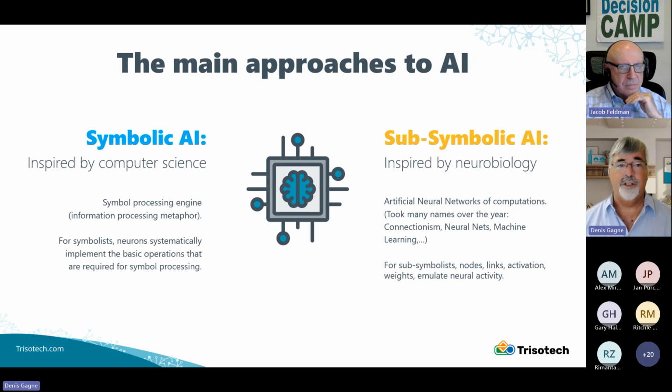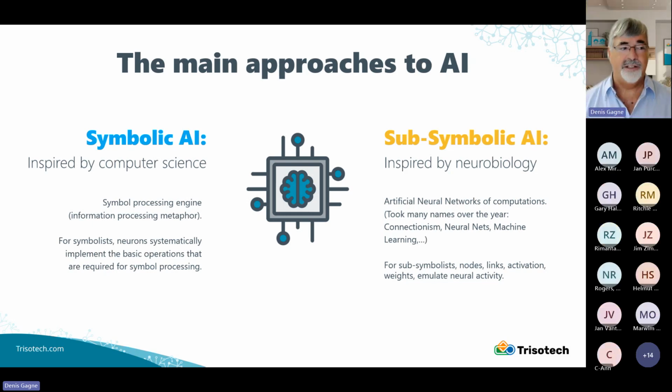Fundamentally, the difference, and all of you here know, but maybe some folks don't, is that on the symbolic side, we're treating the whole notion of intelligence as doing some symbol processing, whereas on the subsymbolic side, we're trying to imitate the neuron structure and the firing of these neurons. So two different views of how we can achieve AI, basically.